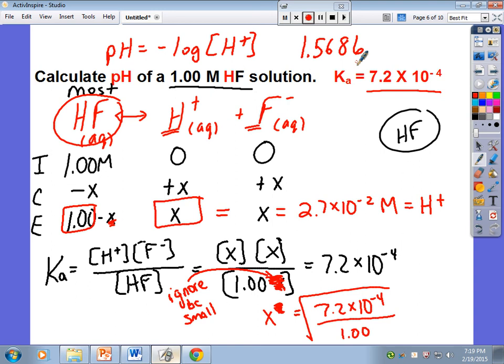Now, how many significant figures do we have? We have 2 here, and we have 3 here. I'm limited by my smallest number, which is 2. And for pH, the significant figures are after the decimal place. So I've got to look at that 1.56 and say, hey, what's the 8 do to that 6? It rounds it up. So my pH is 1.57. Is that an acid or a base? It's an acid. Why? Because it's below a pH of 7. Okay? Now, I'm going to go ahead and erase this ICE box,